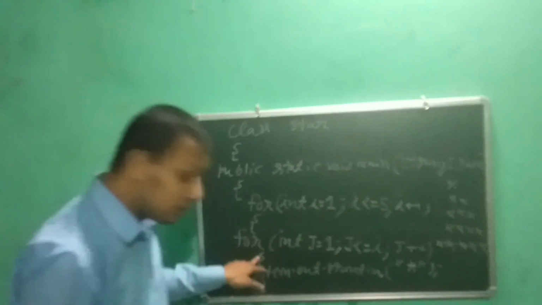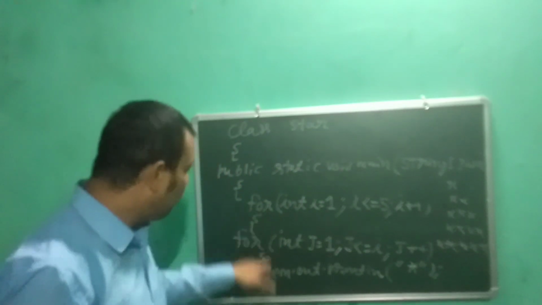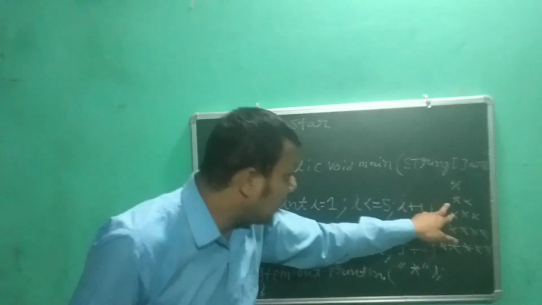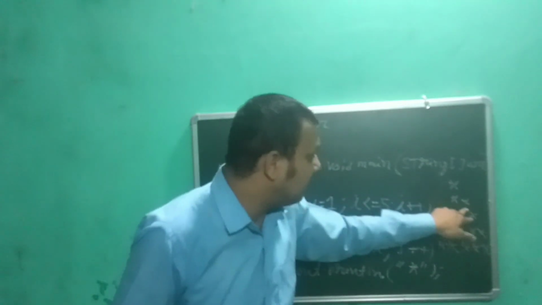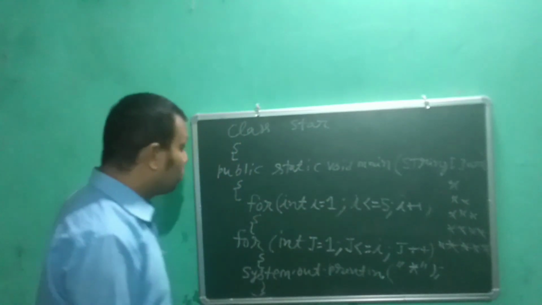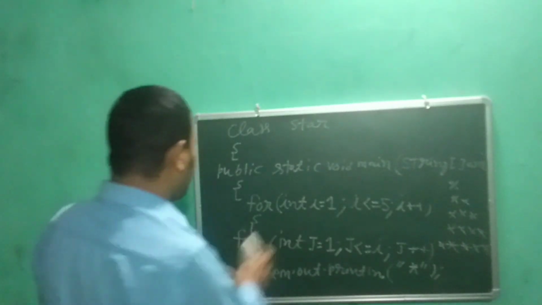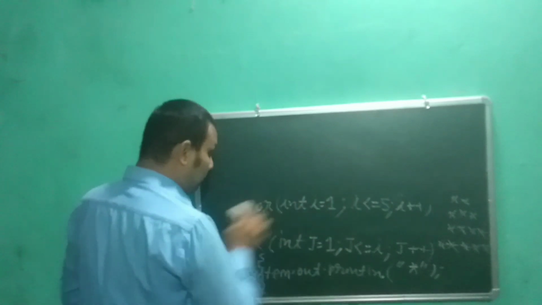And now which is closed? This one is closed. The inner loop is closed. Before closing the outer loop, we need to change the line, because when the first is printed, then for the second one we need to change the line. So let us erase some points, because we don't have enough space. So I am going to erase these lines. What we need to have is these lines only.